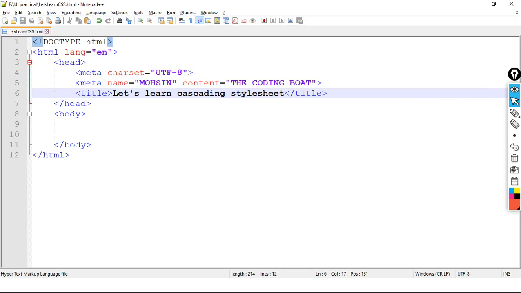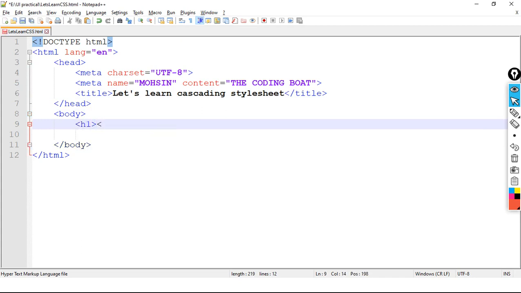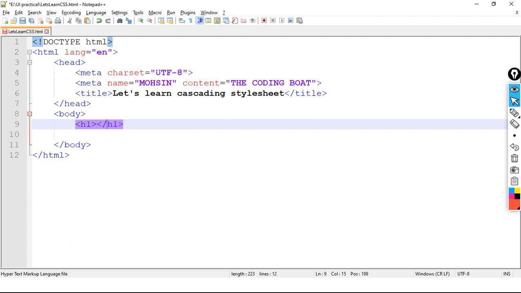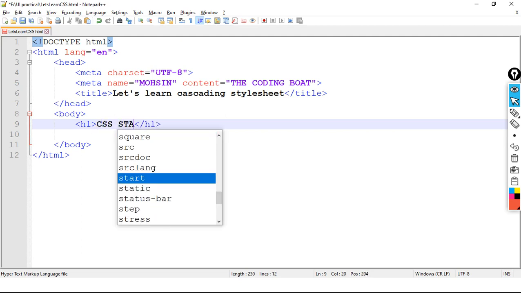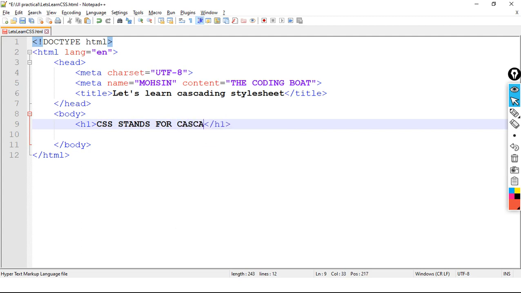Okay. Now let's move into the body tag. In the body tag, I am taking one h1 tag, the end of the h1, and I am writing the heading: CSS stands for cascading style sheet.